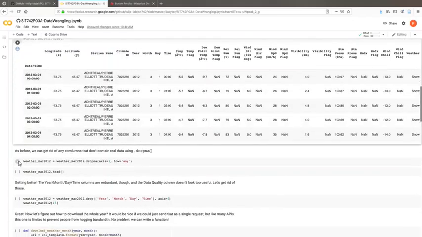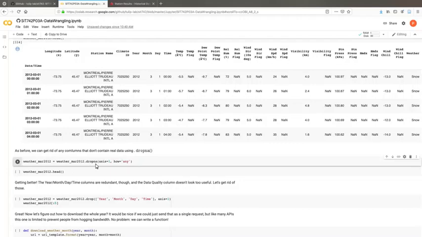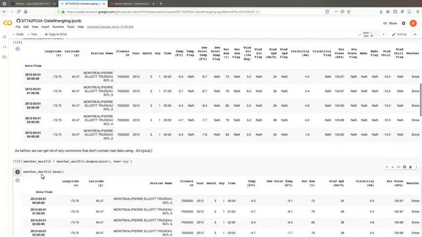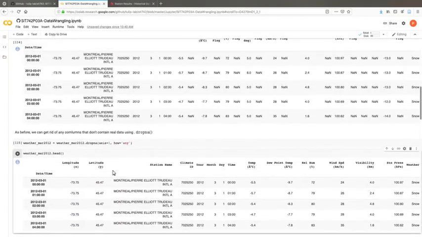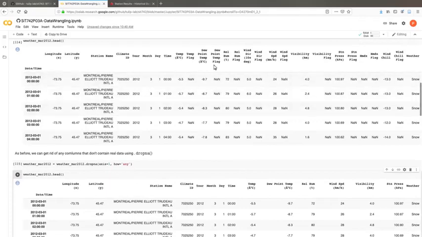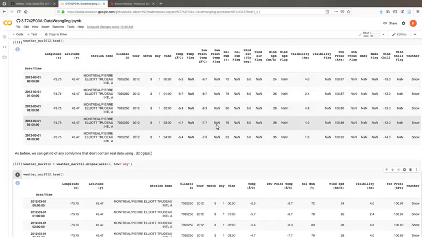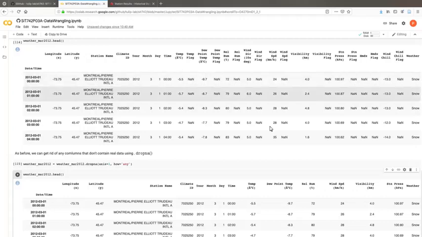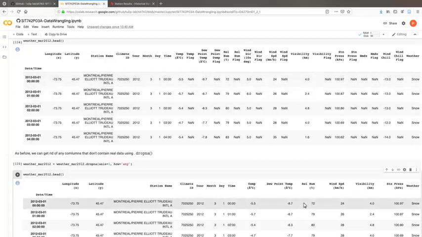So we do the next thing, drop NA, and any value that has an NA gets dropped. Then we show what we have next. You can see this dew point temperature, because it has no value, is removed. Basically this dew point and the next one are removed, and then anything else